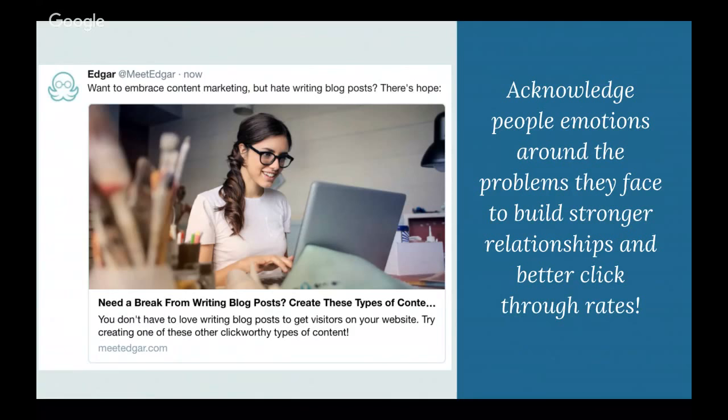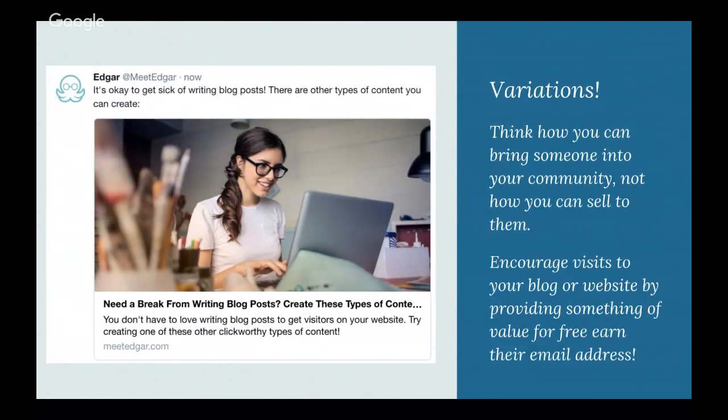Now, when adding this variation into our Edgar library, again, this is the same link with a different status update. We want to think how we can bring people into our community, saying, you know what, it's okay, we're all dealing with this together. That's a great way to have a shared experience, to build up your tribe and your legitimacy, and to have that compelling content to attract new followers and keep them engaged